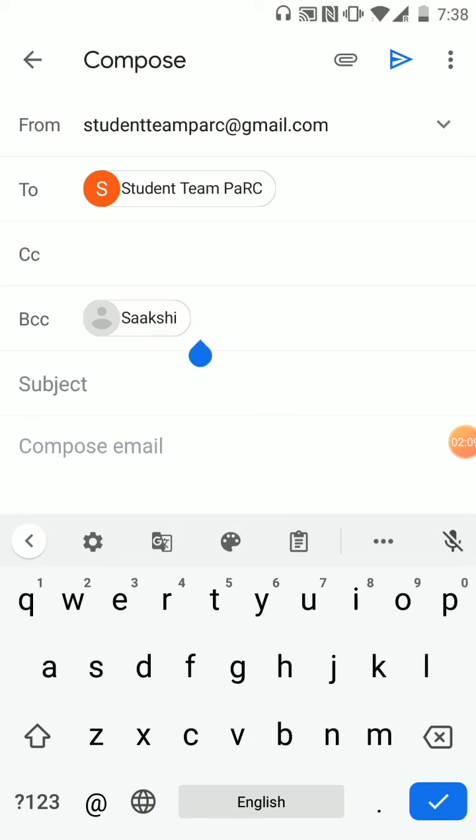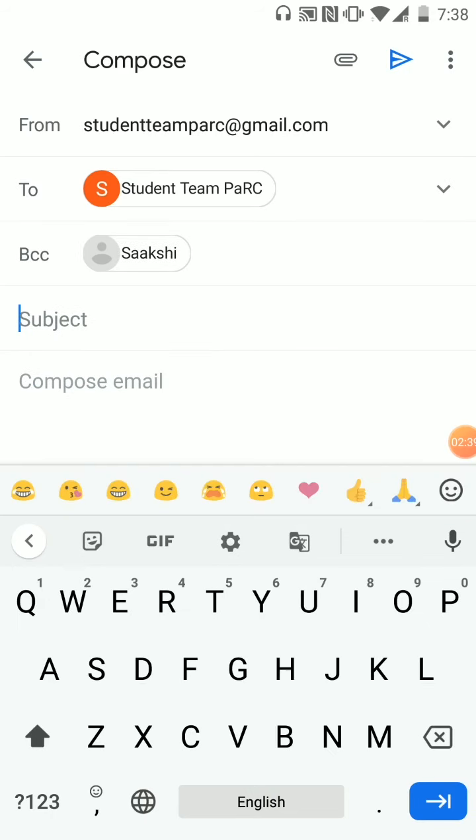This option is quite useful when you want a candidate to know that they have been sent a mail and whom they have been sent a mail from, but you don't want them to know who else has received the same mail. So it may be useful in a situation where a person has qualified for an interview, but you don't want them to know who else has also qualified for the same job.